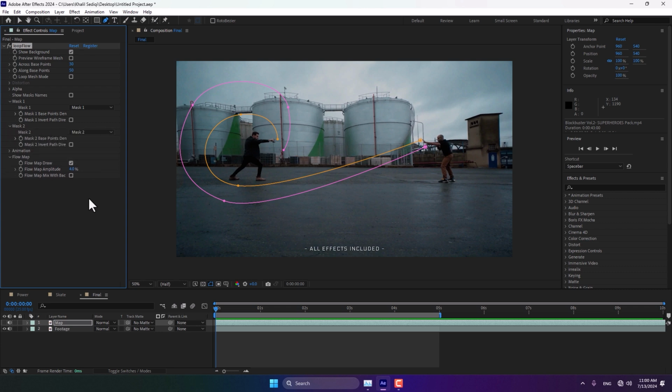Select mask 2 and go to animation, animation speed noise. Yeah, expand this. So right here the fixed rate is like 200 and right here 618, right here 17